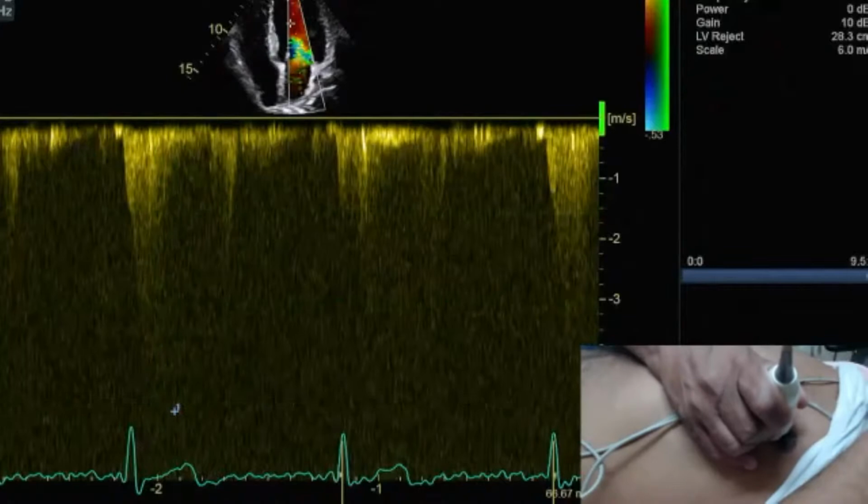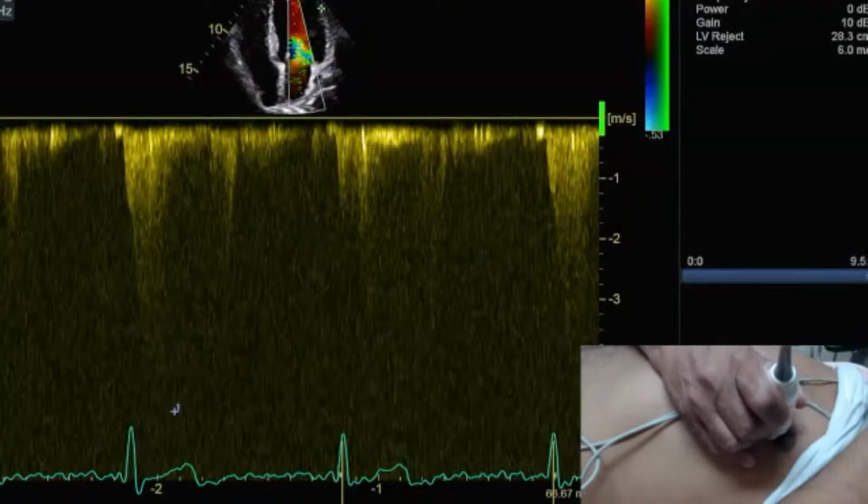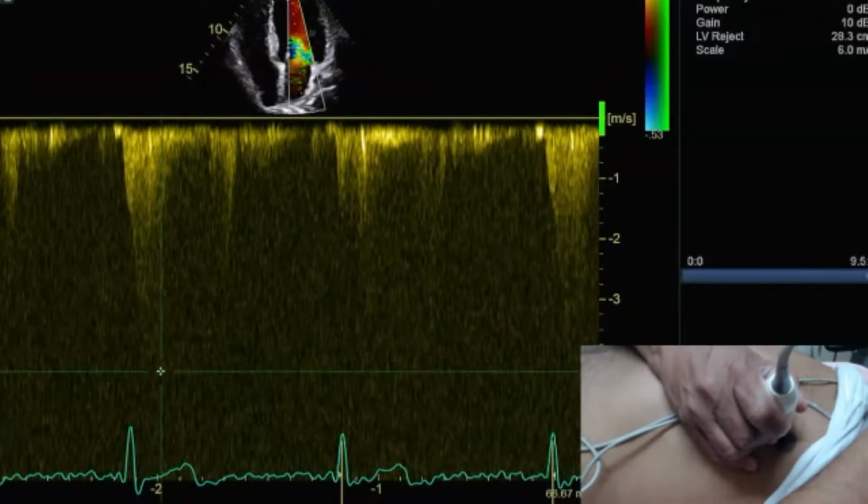This MR Z is between LV and LA. So LV is pushing blood into the LA, and in the absence of any aortic stenosis, LV pressure is the same as my blood pressure. But LV pressure has to be more because the LA has got some inherent pressure. So we add LA pressure: 94 plus 10, his blood pressure would be at least 104 millimeters of mercury. If I see my TR Z only 3 meters per second, 4 meters per second, it means the gradient is 64. If my LA pressure is 10, my blood pressure is 74 millimeters of mercury.